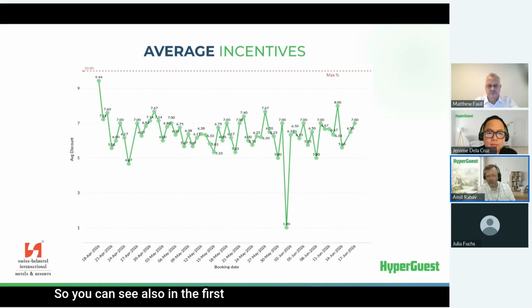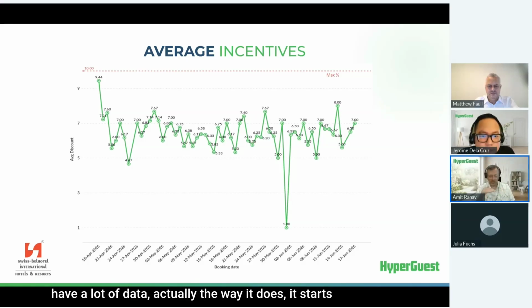So you can see also in the first day, the system starts, it doesn't have a lot of data. Actually, the way it does, it starts conservative and it gets more aggressive until it starts to see conversion. So it started low and it needed, but the data was not rich enough. So it came to 944, a little bit closer to the maximum. But as the amount of data became richer and richer, we found the optimum, and we can very visually understand